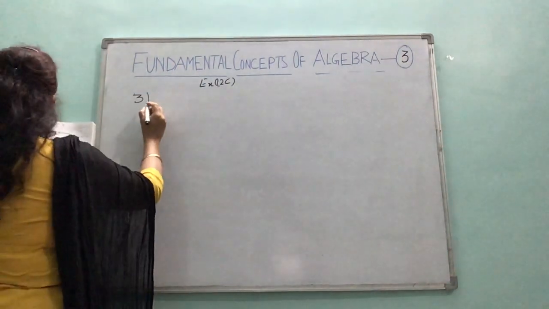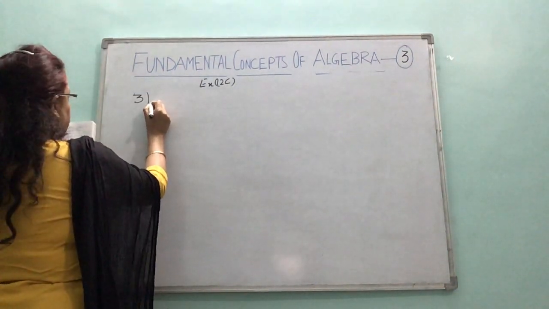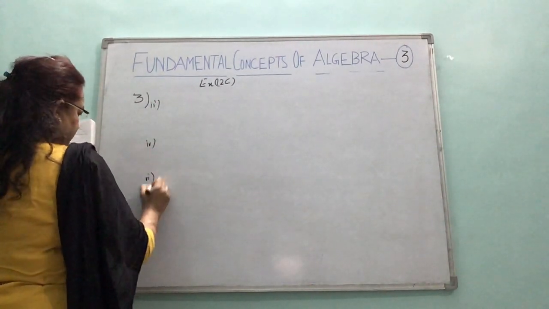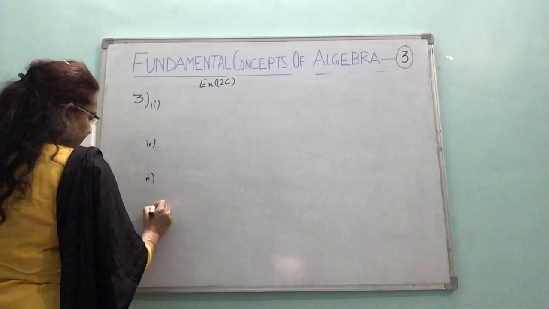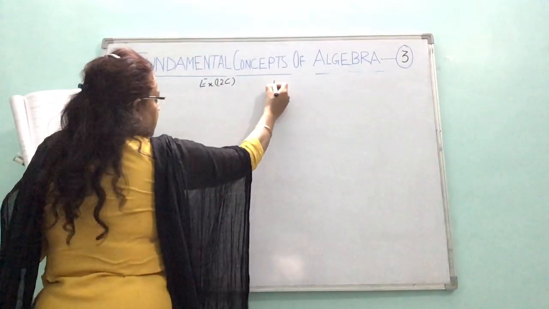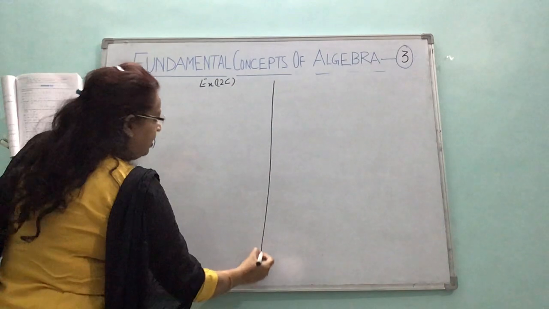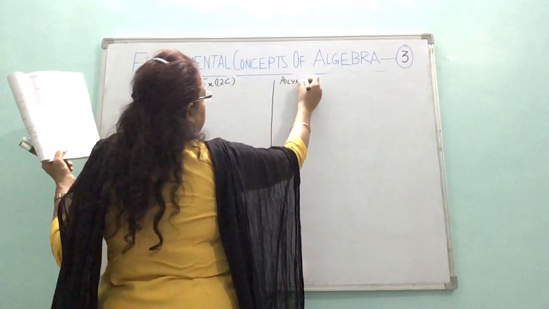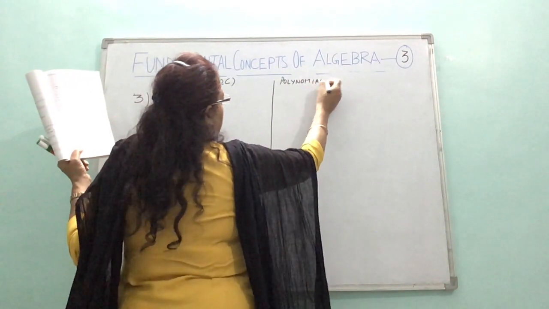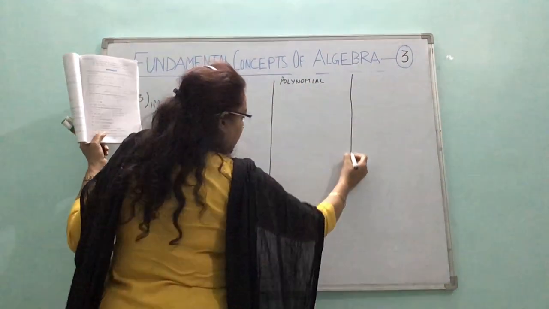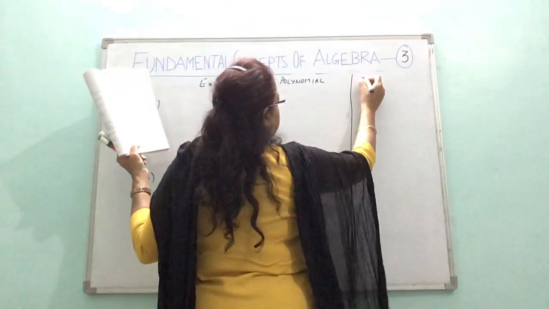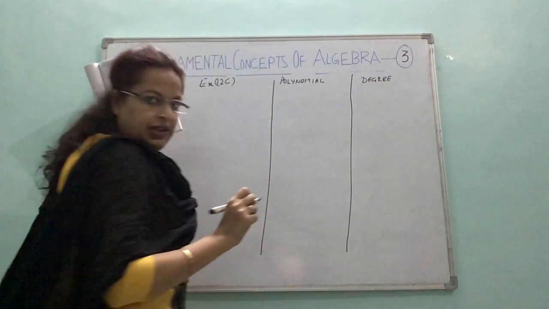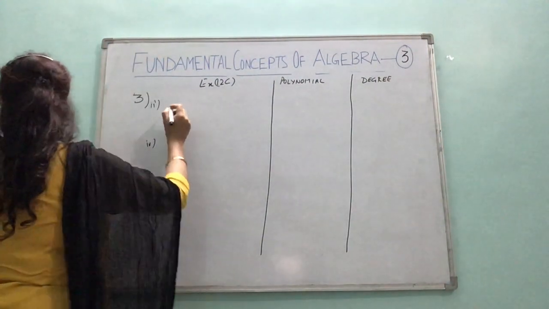So, I will be copying down, say, second, fourth, 6, 8. First the question, then I have to tell whether it is a polynomial or not, and then third I have to tell its degree. So it would cover all the 3 things. I am copying the question too.